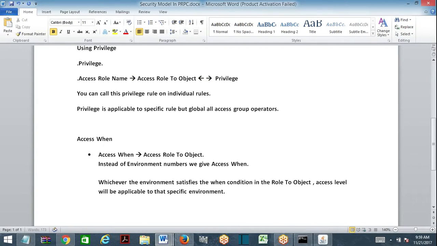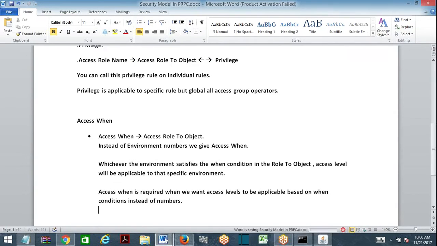Access when is required when we want access levels to be applicable based on when conditions instead of numbers.